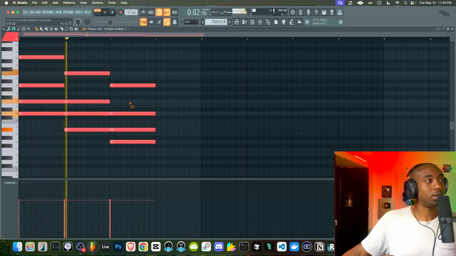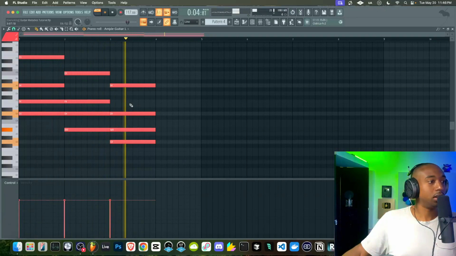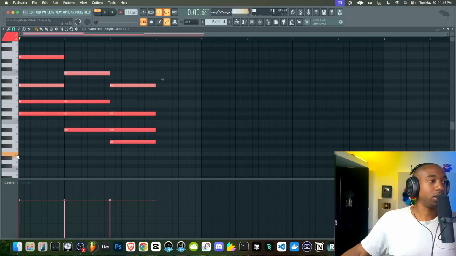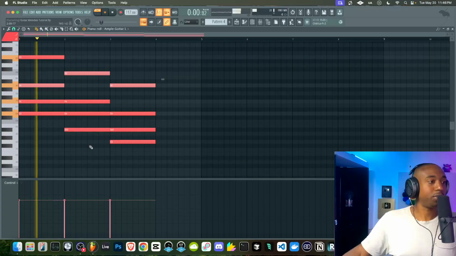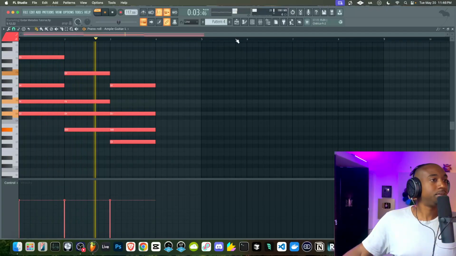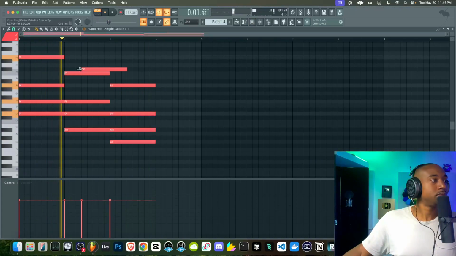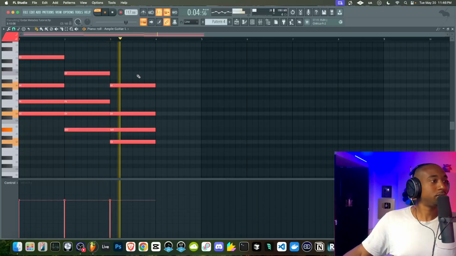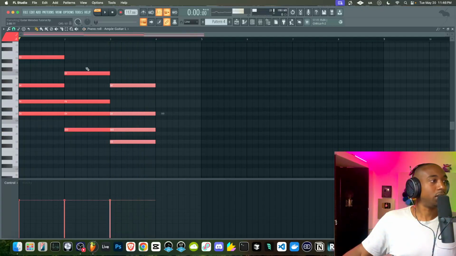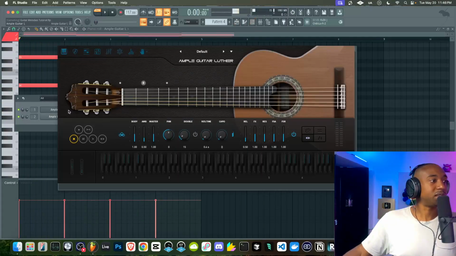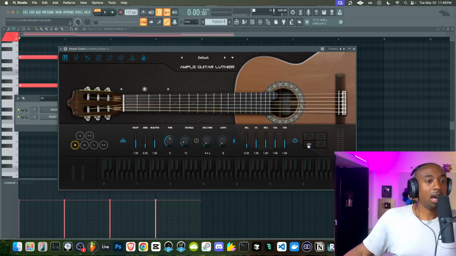Now again, we're in the range where we might trigger what's called a key switch. So this is the area where it's a little tricky with certain plugins because of the way this is sampled. See, we can only go down to this low E before it starts getting crazy. And then we can go down. Now this plugin specifically, we could take off what's called the playing styles here. So it says auto legato. Let's just turn that off.